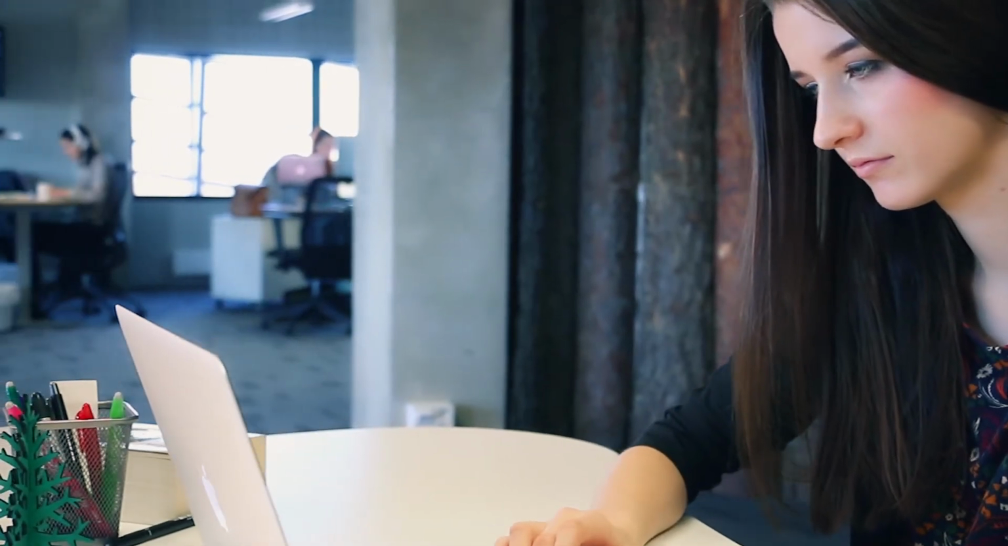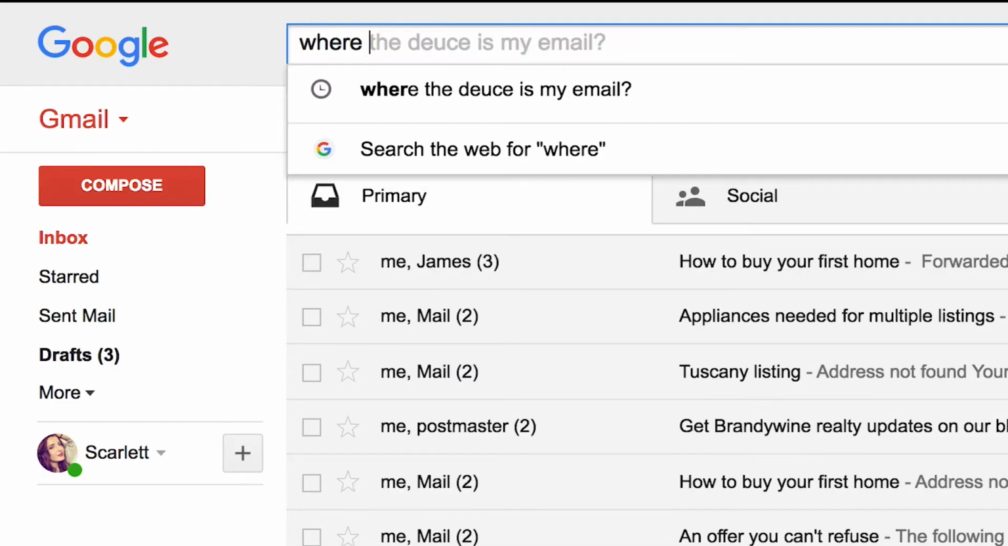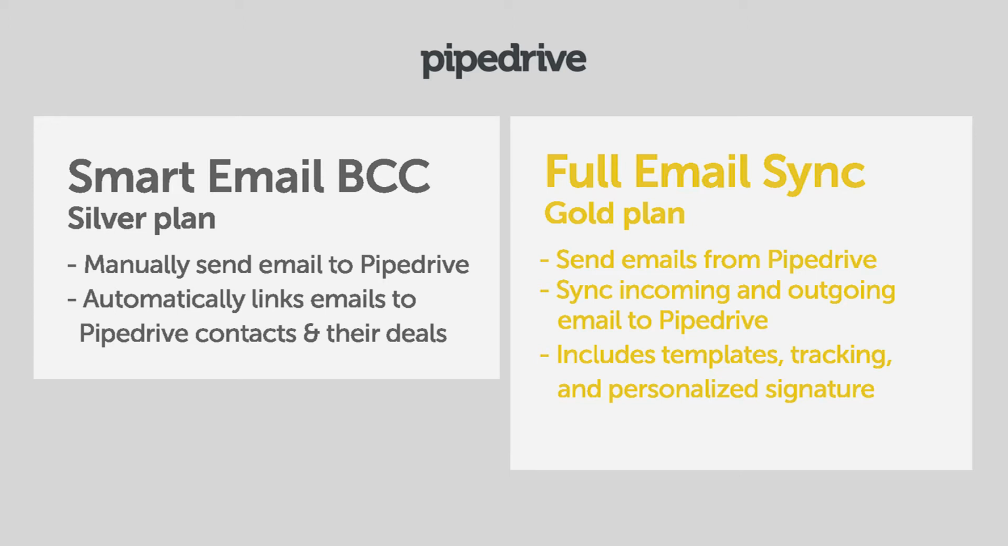Now, Scarlett is a busy person, and she doesn't have time to be switching back and forth between her email client and Pipedrive just to search for the right email. So, what does Scarlett do? Well, she's got two options: the Smart Email BCC feature for Silver users, or the Full Email Sync feature for